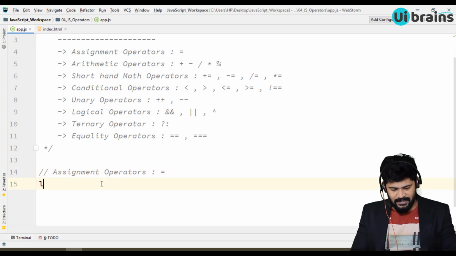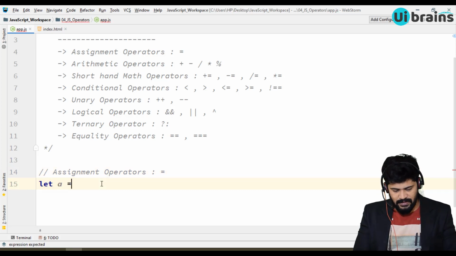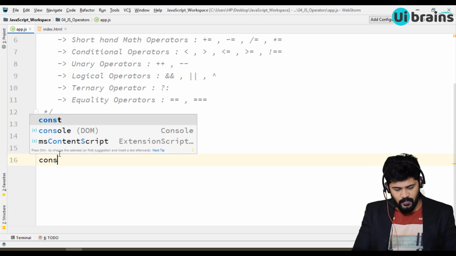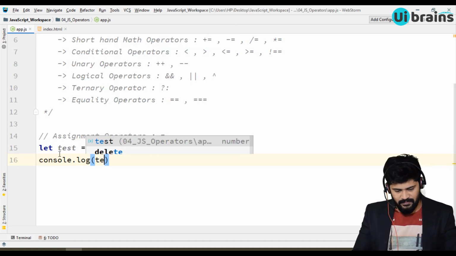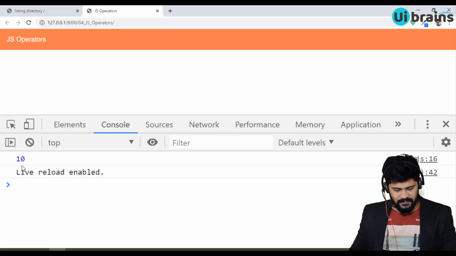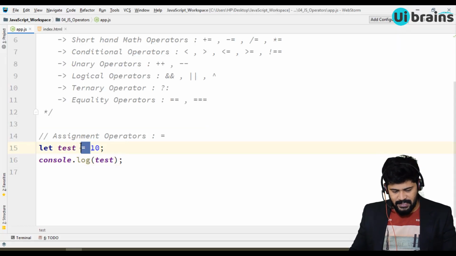So I say let test is equal to 10. Here I have assigned 10 to the variable called test. When I say console.log of test, you will get the answer as 10. Simple. This is called the assignment operator. You can assign data to a variable.